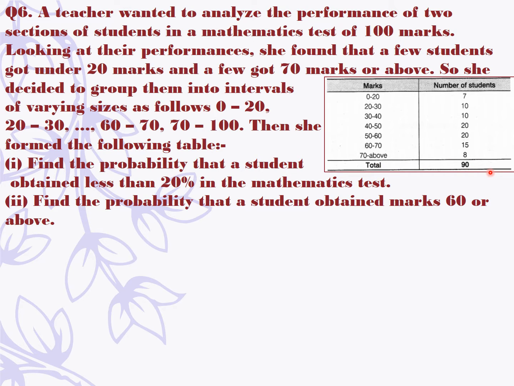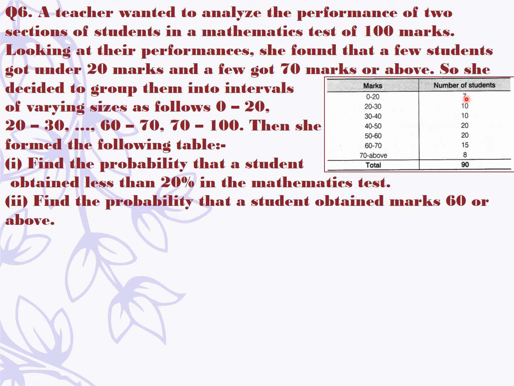From this given information, we have to find the probability that the student obtained less than 20% in the mathematics test. When we say less than 20% of 100 marks, here the total marks is given as 100. So 20% of 100 means 20. So obtained less than 20. That means starting from 0 to 20. So we have to look out for this value, 0 to 20 marks, and the number of students here is